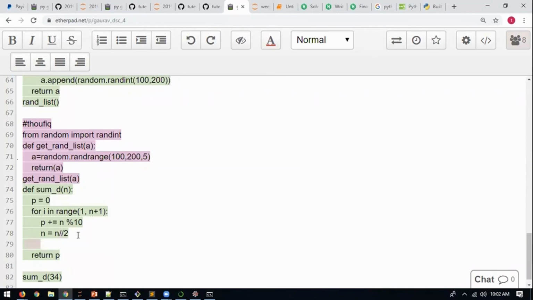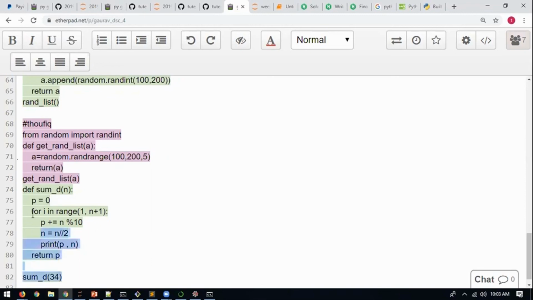If you want to check what is wrong while testing this code, print the values of the variables that you're using. You print p, n. Now when the loop runs, it will print all the values. So you'll get to know, okay, after division, instead of getting 3, I am getting 17. So make a habit of debugging your code, put print statements there. Print all the values. You will get to know how to debug the code. But how will you get to know? Put a print there and then run the code.